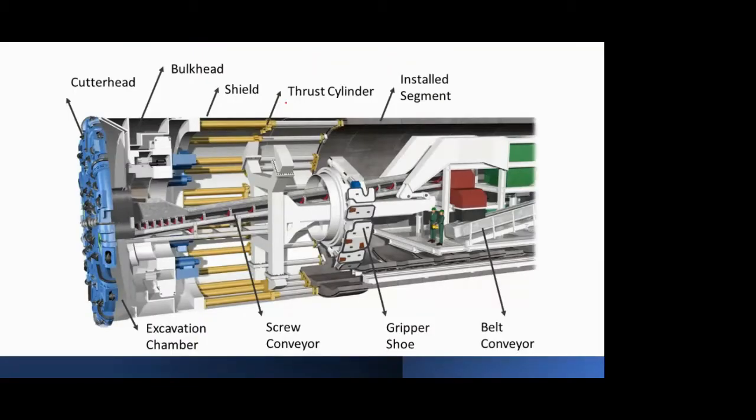Now I'll explain the working using animated photographs, because those will be clearer and you will come to know the different components of the TBM very well. We are using this TBM because we have to create a tunnel; in short, we are going to excavate something. For excavation, the first and foremost requirement is a cutter head. Now the cutter head is just like a drilling bit. In a drilling machine, the drill bit does the work of making a hole into the surface where you are drilling.